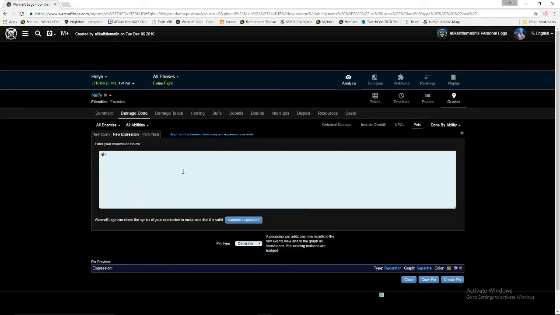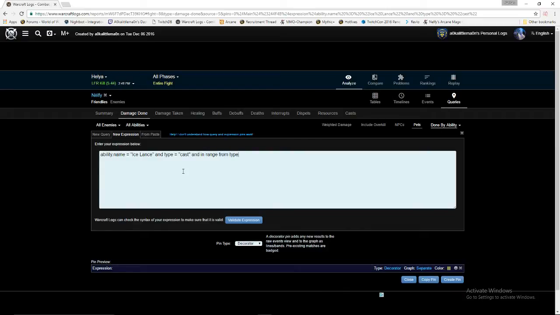So we're going to do something similar to what we just did. Ability.name is equal to Ice Lance, and then we type equals cast like we previously did. But then we're going to put this in range of a certain buff. So we're going to go in range